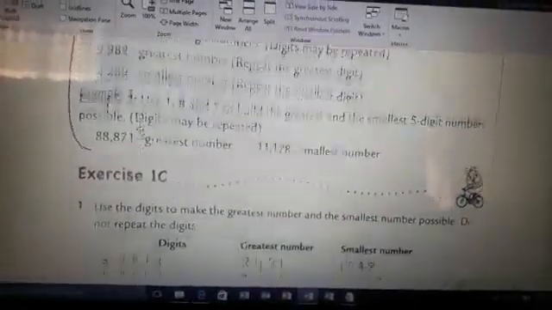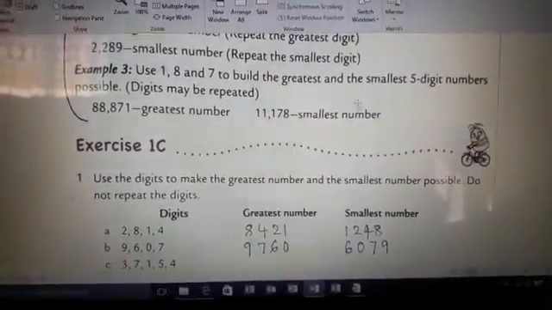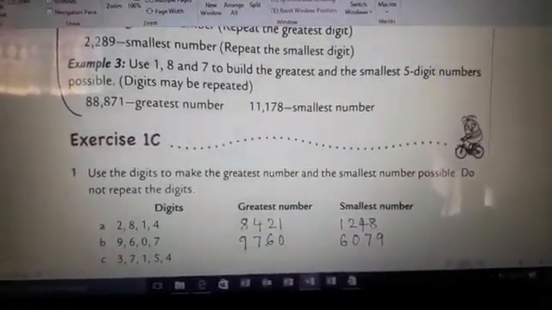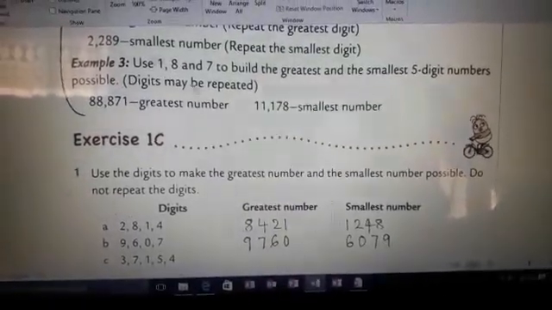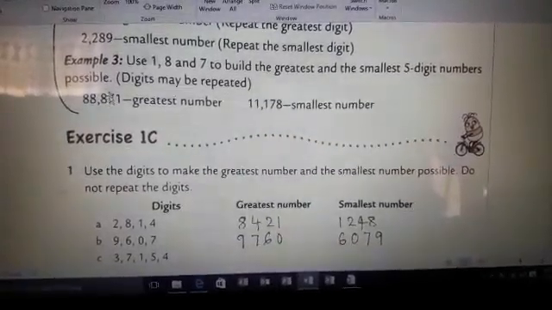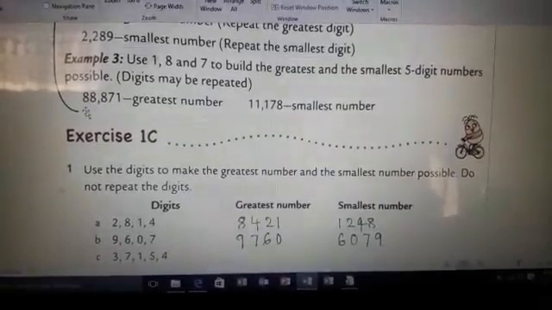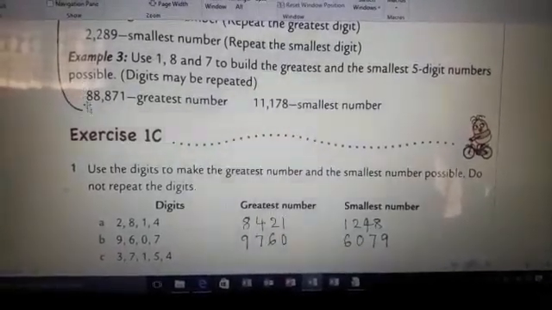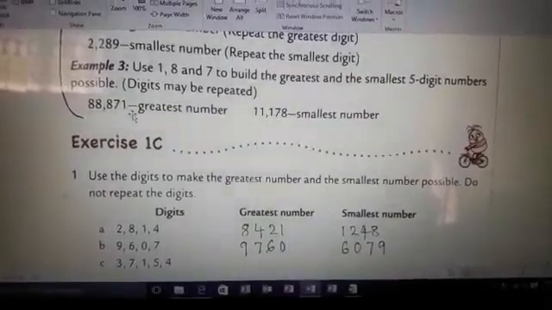Okay, now come to example 3. Use 1, 8 and 7 to build the greatest and smallest 5 digit number. Means here only 3 digits are given, but we have to make a number of 5 digits. So how many more digits do we need? 2 more. We'll put the greatest digit 3 times: 8, 8, 8, 7, 1.